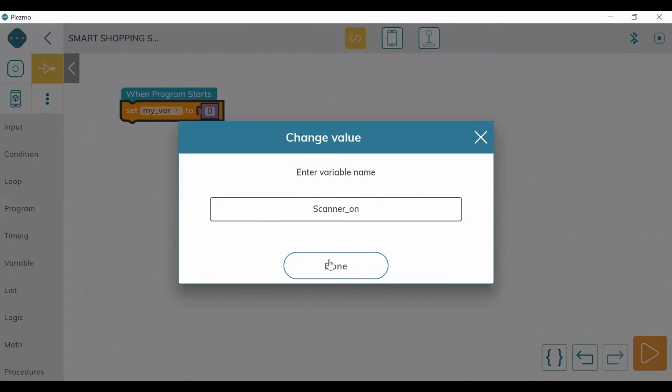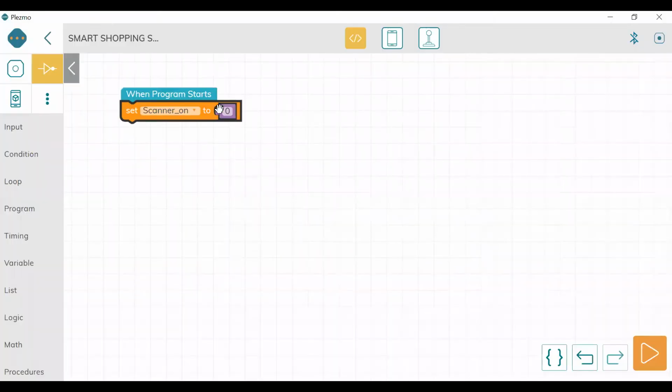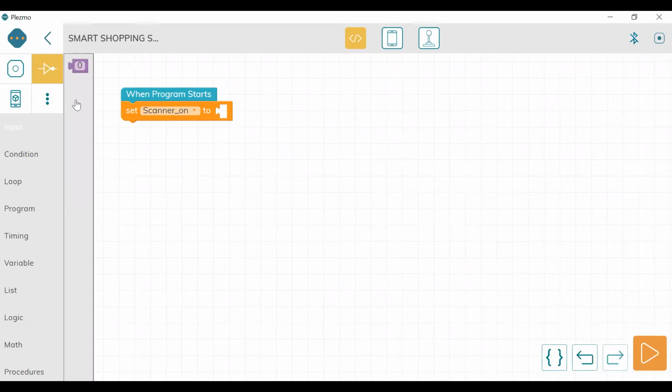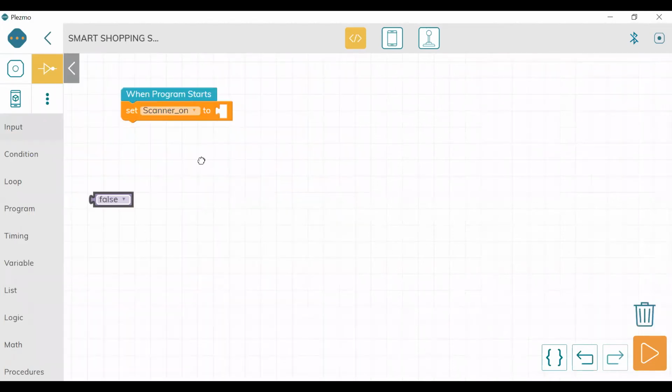We cannot give a numerical value to it. We are going to give it conditions, true or false. So I'm going to delete it and go to input. I am going to say false. So when the program starts, the scanner should be off.